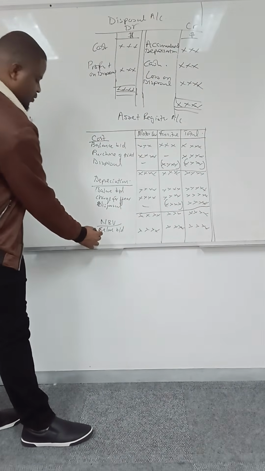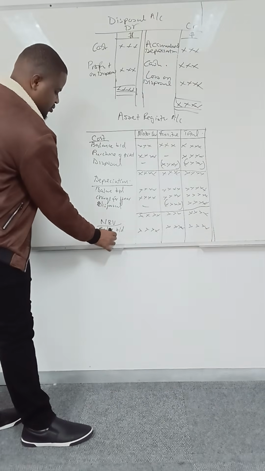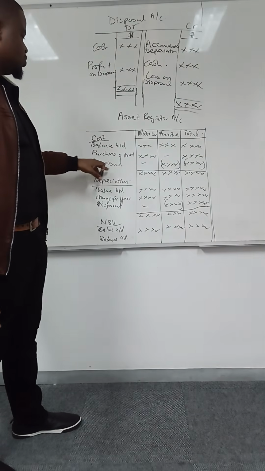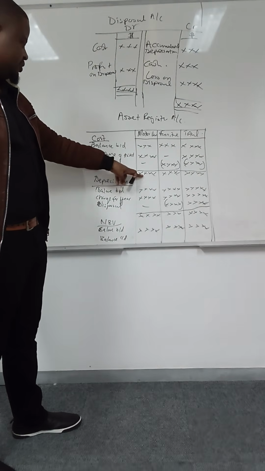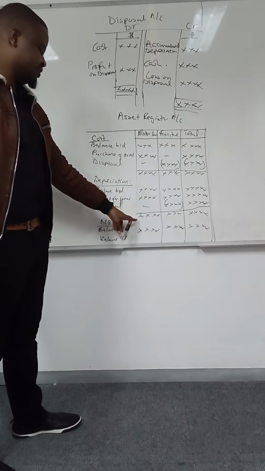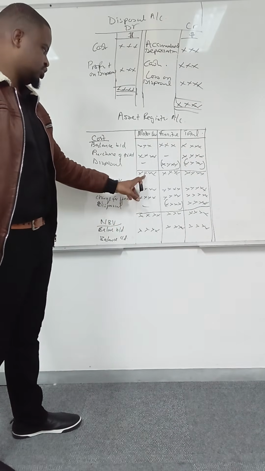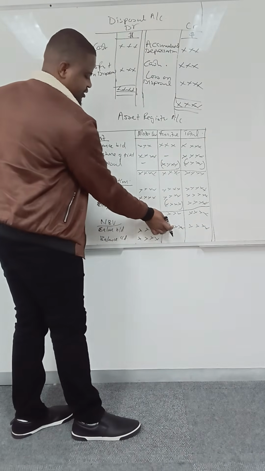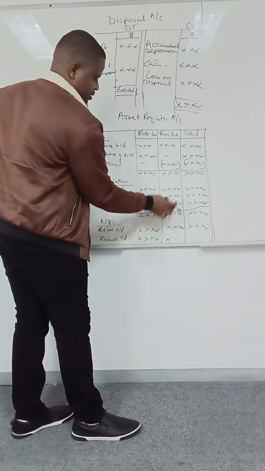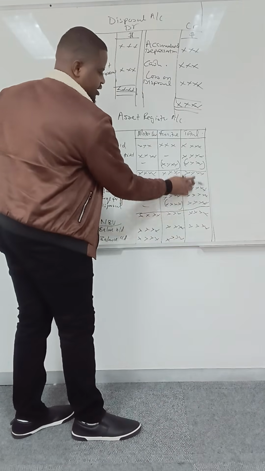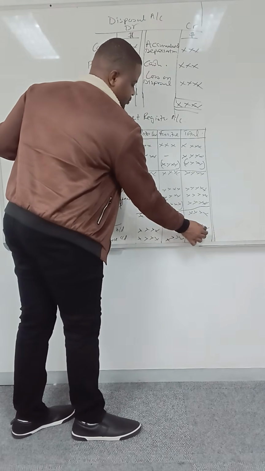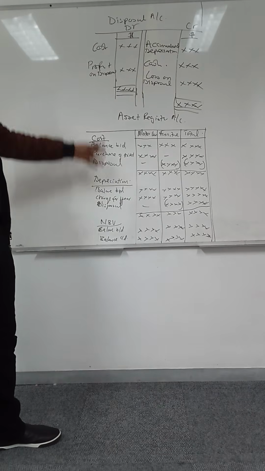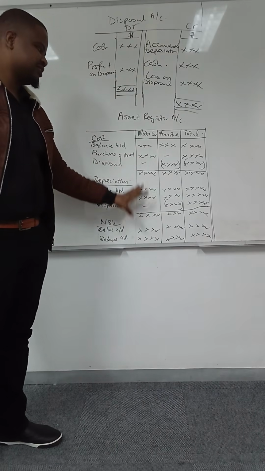Then the balance CD now. How are we going to get our balance CD? We take the last figures, the last ones, minus the last ones, and we get the balance CD here. So this is how we do the asset register. Very simple. So the asset register is just a summary